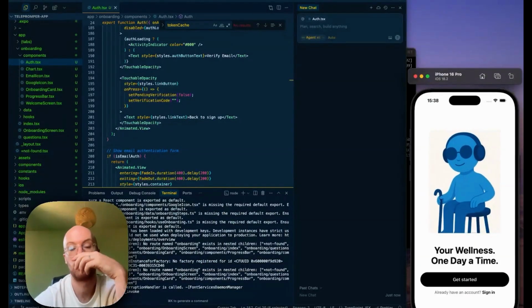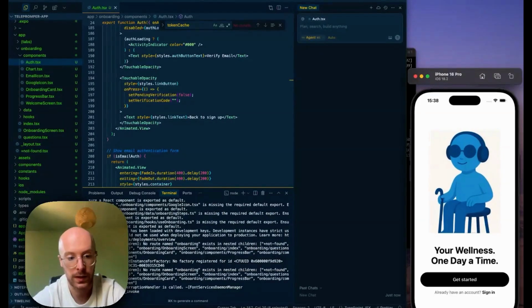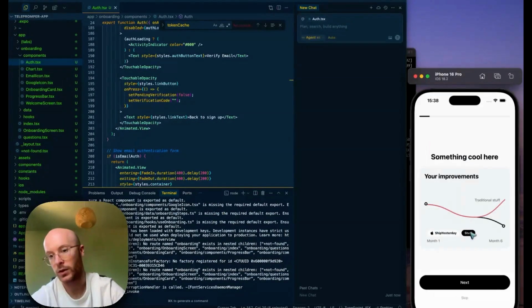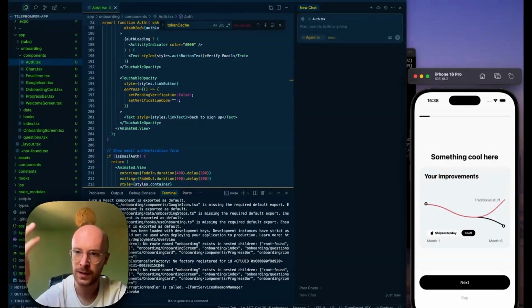And this is what you get out of the box when we're working on agency products. So we've got a chart that we can show some sort of difference. This is generally good just to build up a user's belief. I don't want to go too much into marketing psychology because this is just a free app. I'm showing you how quickly you can build it, but in another video, we'll go more into marketing psychology on this stuff. But it's basically just to build up a user's belief or possibility that you can deliver